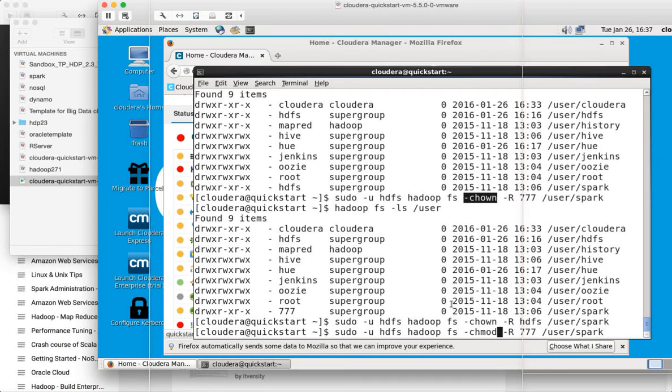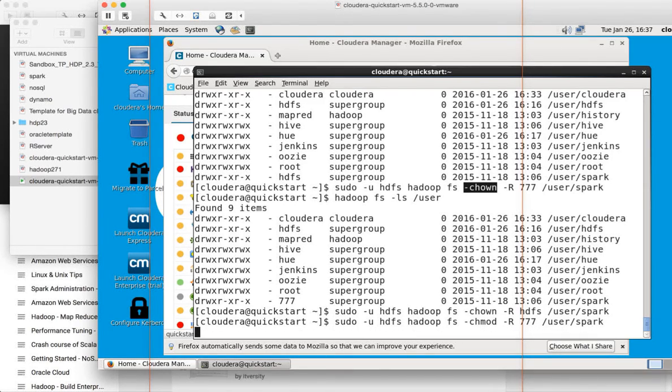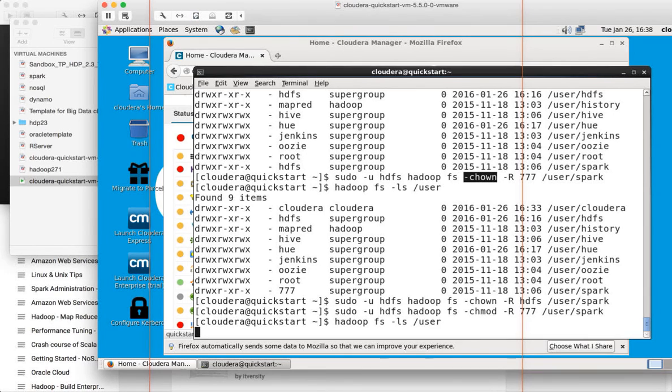So the command is sudo -u HDFS hadoop fs -chmod -R for recursive 777 on /user/spark and hit enter. If it happens on a Cloudera cluster, even for a POC, you should raise this issue with Cloudera and get the permanent fix. You should not directly change the permissions on the user spaces like this, which come out of the box. Anyway, now you can run the hadoop fs -ls command,